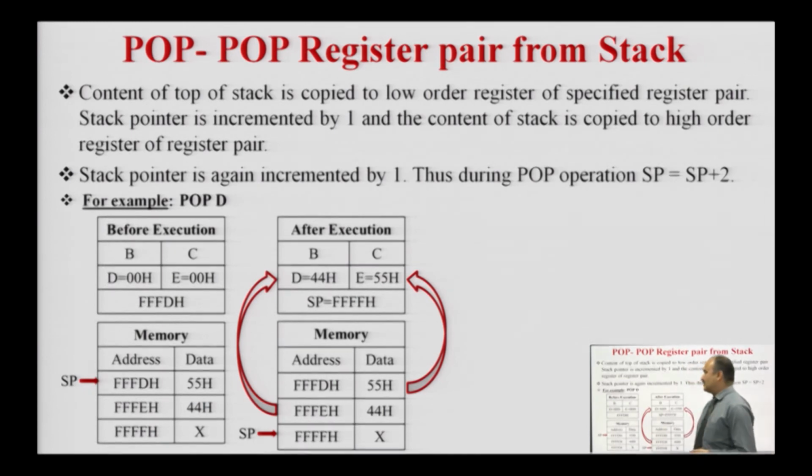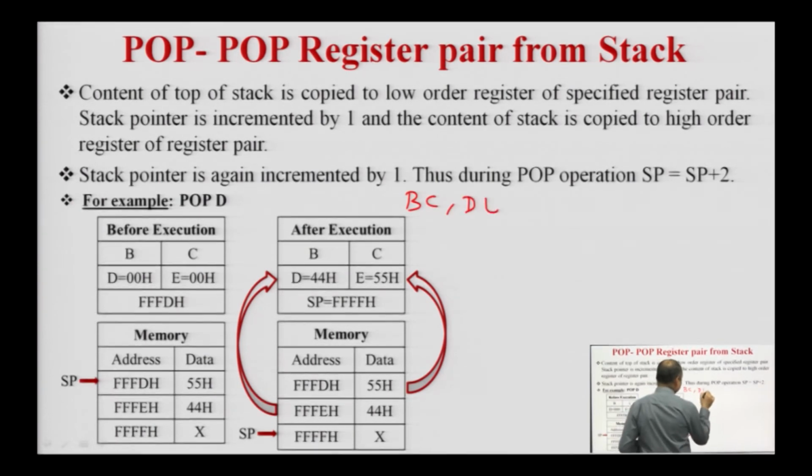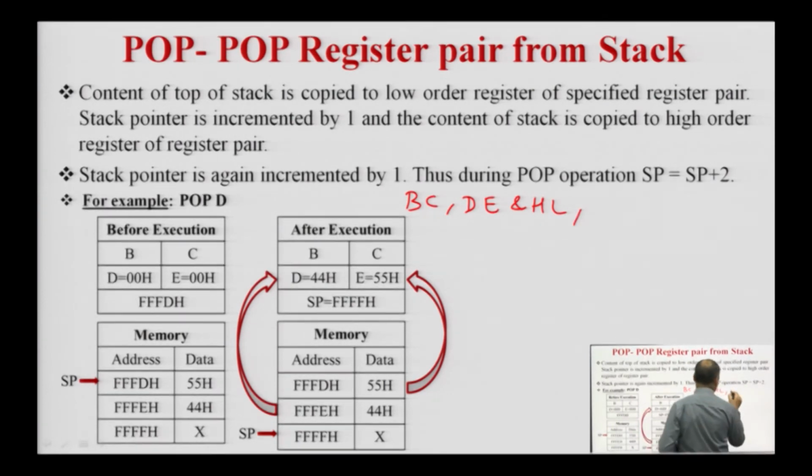The next instruction is the pop instruction. Whenever the microprocessor executes the pop instruction, it will copy the content of the memory location, that is nothing but the stack memory location or reserved portion of the memory, into the specified register. The register pairs which can be specified are the BC register pair, DE register pair and HL register pair. Along with these, we can also use the register PSW. PSW is nothing but the combination of the accumulator and the flag register. So, we can use this PSW along with the push and pop instructions.